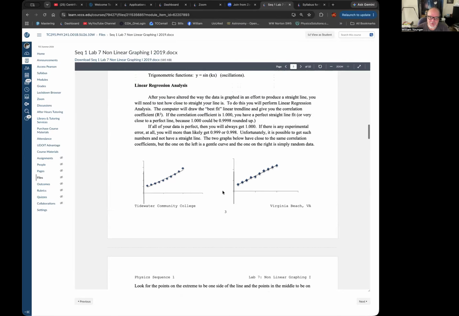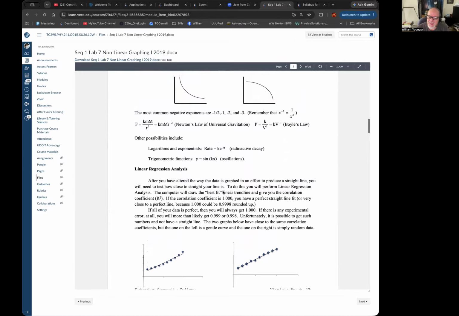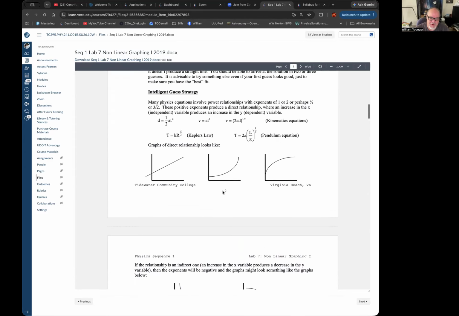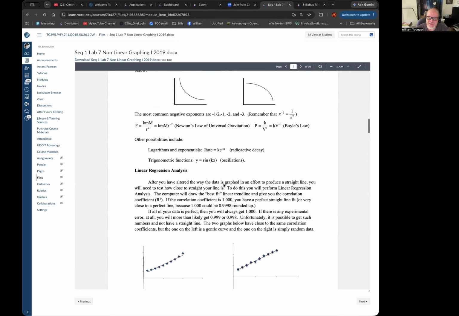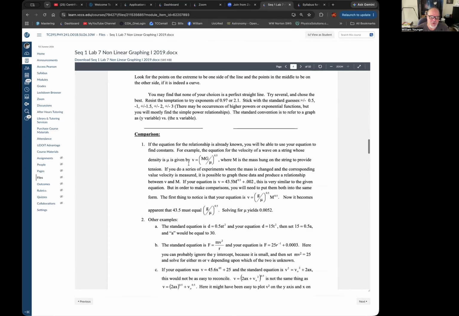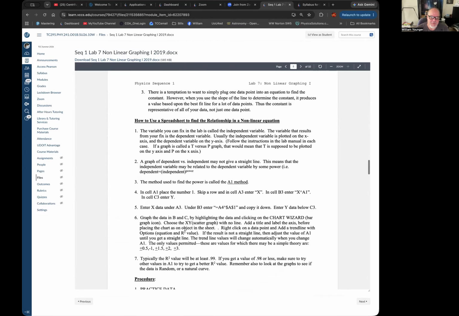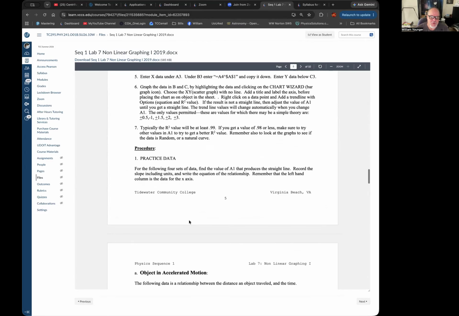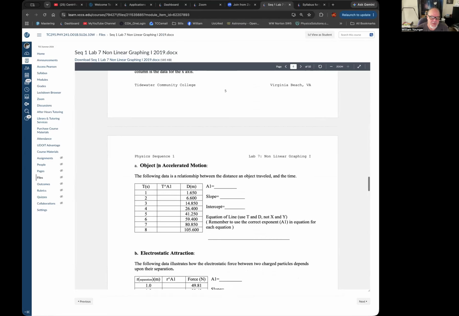Not only that, I expect you to put all the graphs right where they ask you to make them. So, like in the procedure area, that would be fine. Or you can do it in the analysis area, because that's often where you end up making the graphs and answering questions and stuff like that. So you can put the individual graphs that you're asked to make, like in this case, right below this. So I'd literally click next to this blank right here, hit return, return, return, and then right there in that space above electrostatic attraction, you could put not the data table, because that's already filled in here, but you could put the graph right there. The other option, of course,